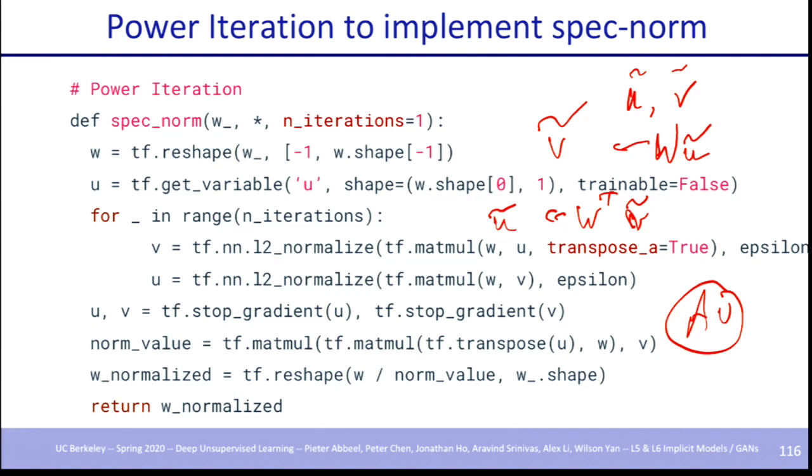And the most important thing is you're going to backprop through all this, right? Because you're going to backprop through all this, you're not going to get gradients for v and u. So you put a stop gradient on u and v. And you're only going to take gradients for your weight matrix W. You take the normed value and pass it to the next layer, and you do all the operations with it. So this is basically how spectral norm is done.